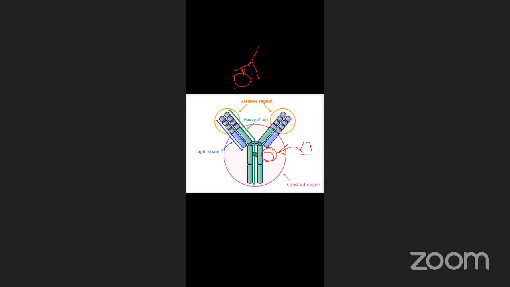So neutralization is the first function of the antibody, and the second function is lysis. Lysis means complement activation. Just before, I told you that the Fc region of the antibody also has a complement protein binding site. This is the complement protein binding site, and at the other region, this is the antigen binding